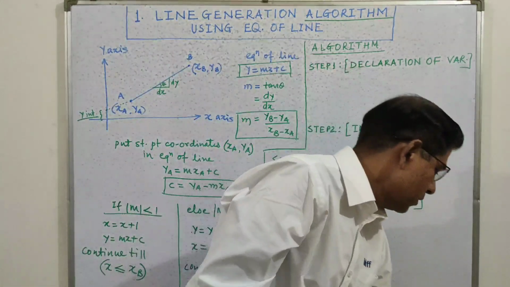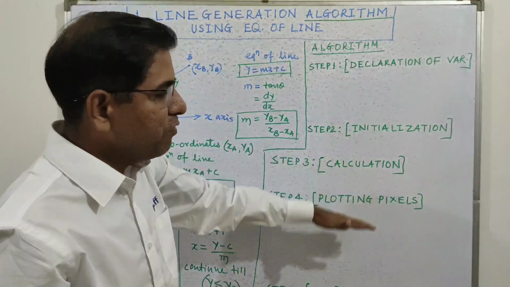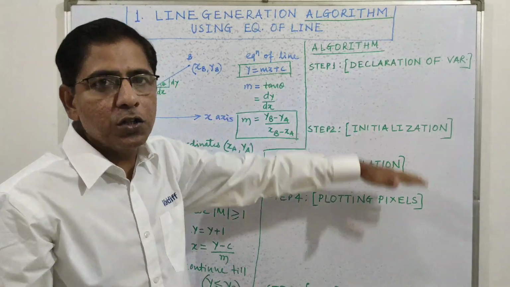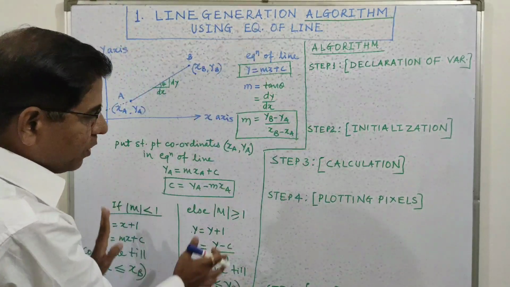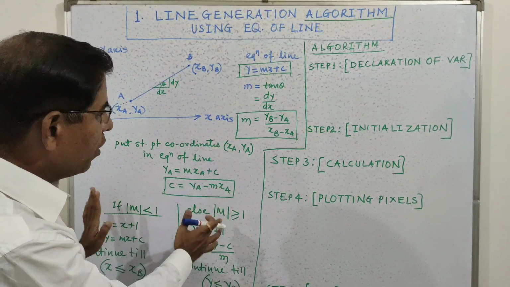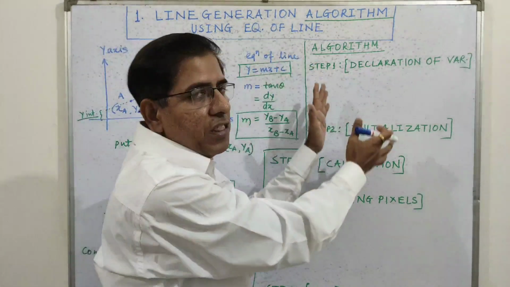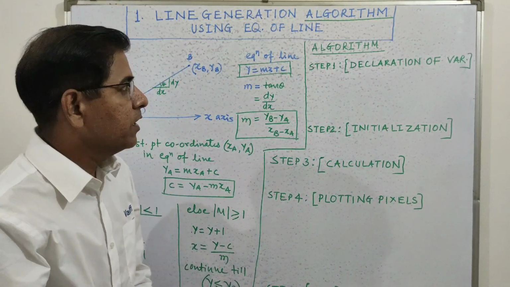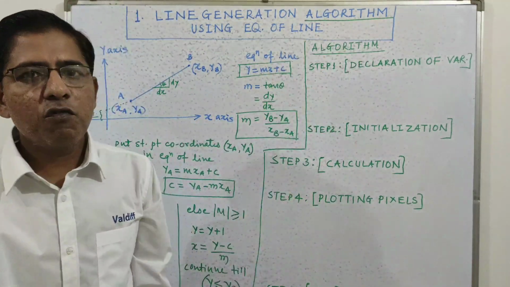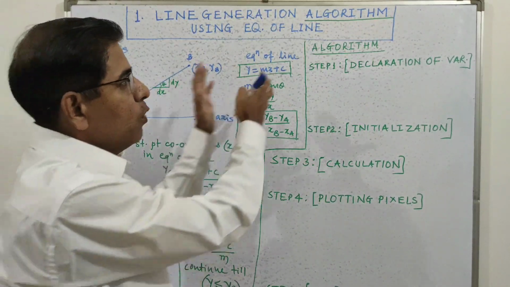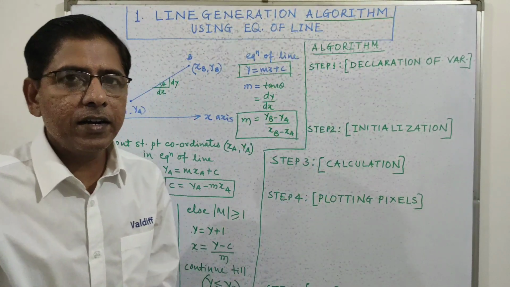Now these are the 5 predefined fixed steps of writing a logic. Okay, so we have developed a logic here, and now we write down this logic in the form of algorithm. So first step is declaration of variables. So how many variables that we have used here? So all these variables have to be declared here.